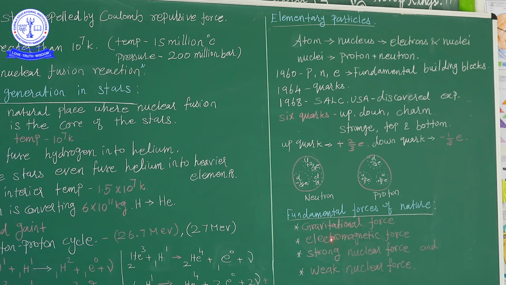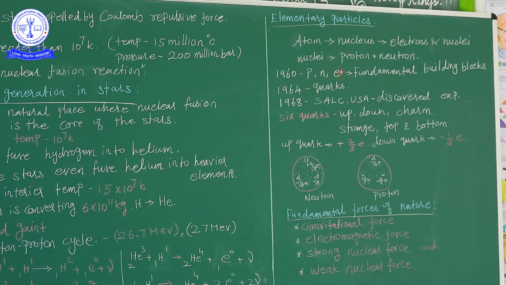The other one is the nuclear force. What is the nuclear force? In the atom, there are protons, neutrons and electrons, and between them there are some forces. The proton is positive, the neutron is neutral, the electron is negative. Between the proton and the electron there is an attractive force, because the proton is positive and the electron is negative. So this means an attractive force.